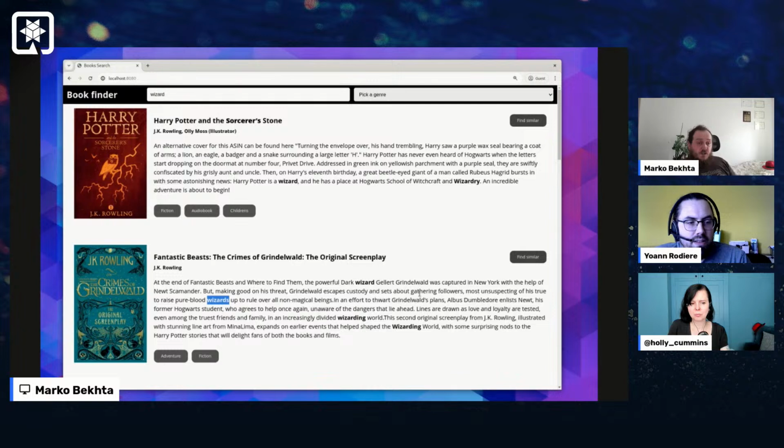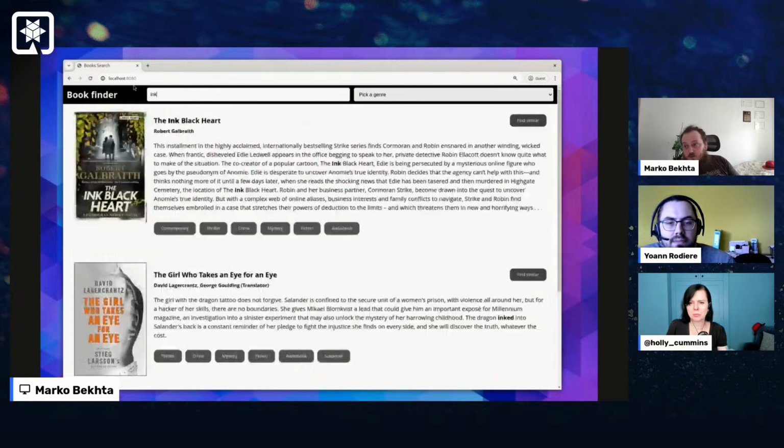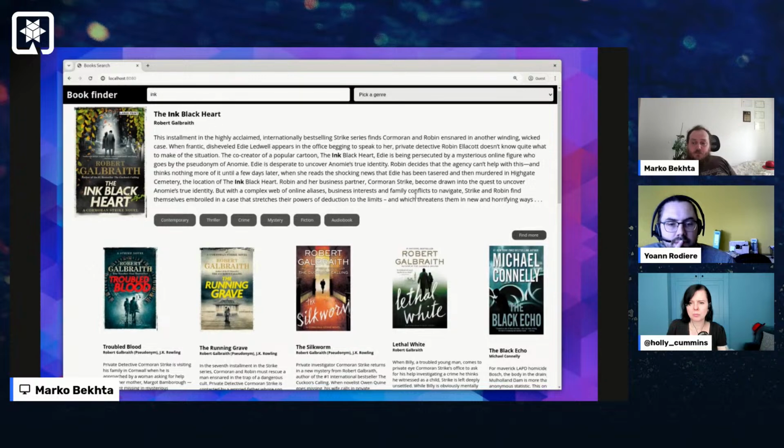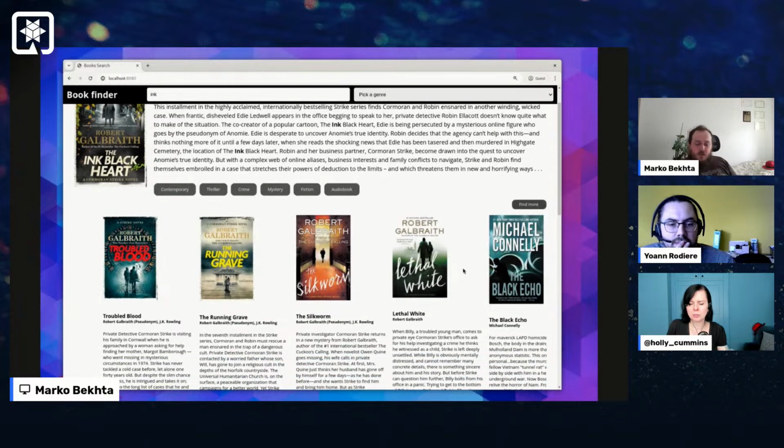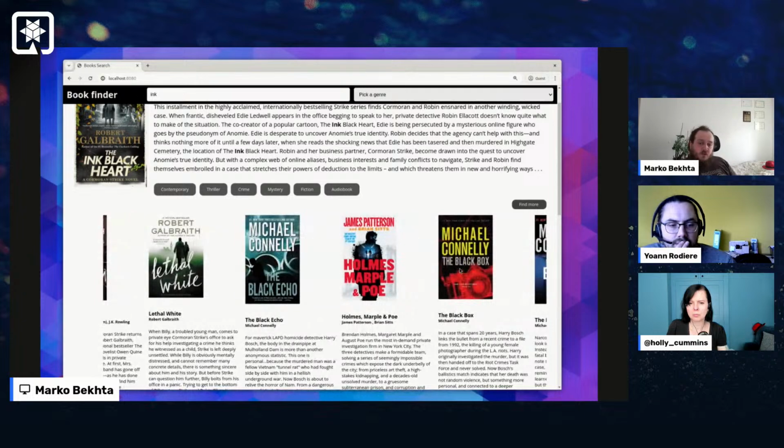What vector search can bring us is something a bit different. It's more about finding similarities, and to demonstrate that, we have this additional option for searching to find similar books. So let's try to find a book with the title Ink Heart, and try to find similar books to it. If you try to do that, a list of books will be listed down here. And it's important to notice that